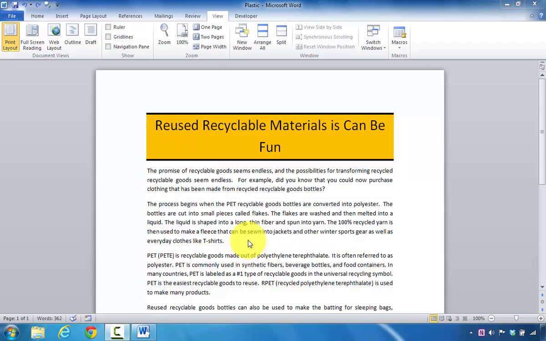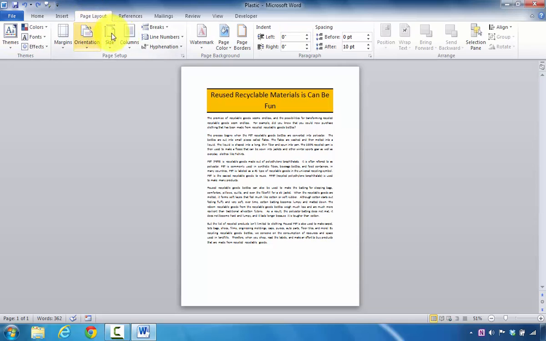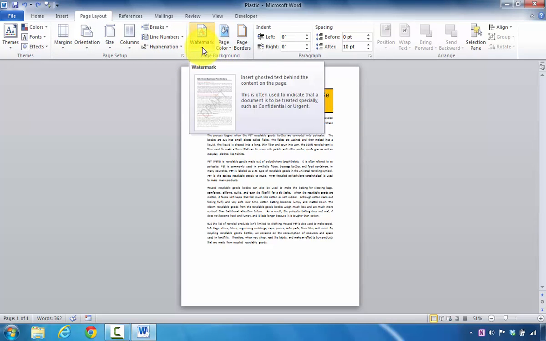To get started, the first thing that I'm going to do here is insert a watermark. I'm going to go to the View tab, look in the Zoom group, and click on One Page. That way I can see my entire document. The second thing that I'm going to do is select the Page Layout tab. And now I'm going to take a look in the Page Background group, and I'm going to select the Watermark